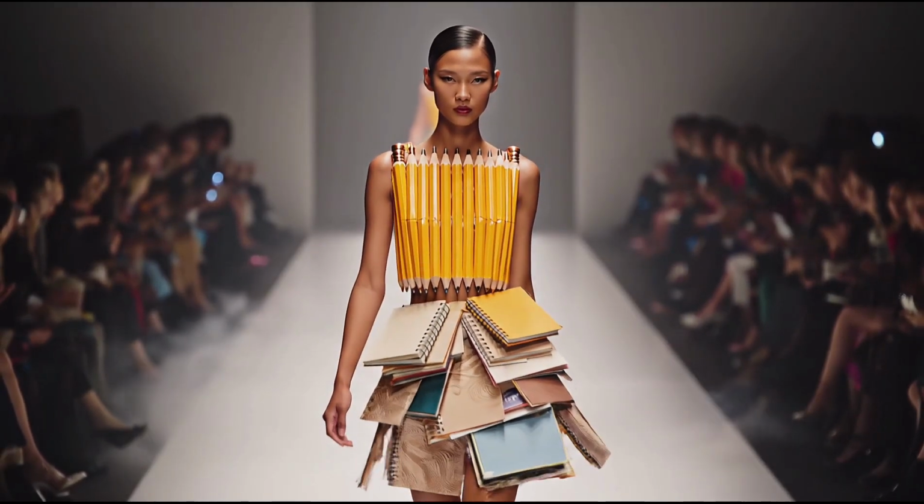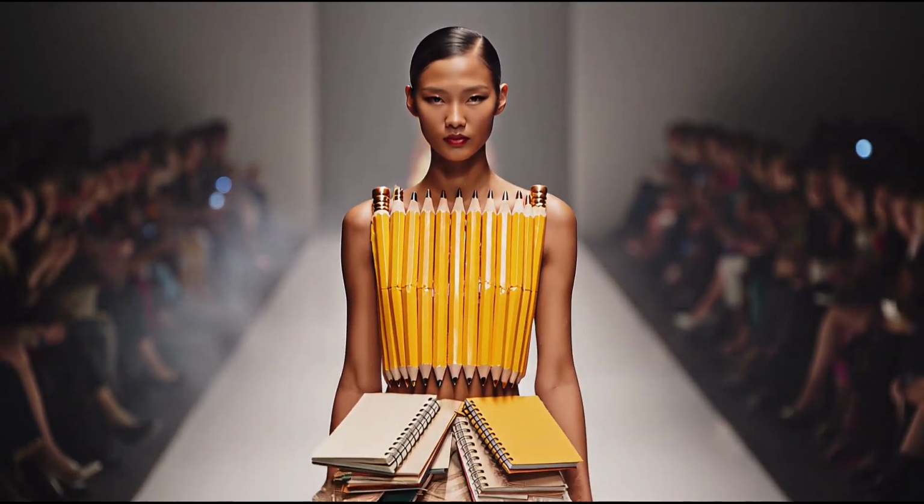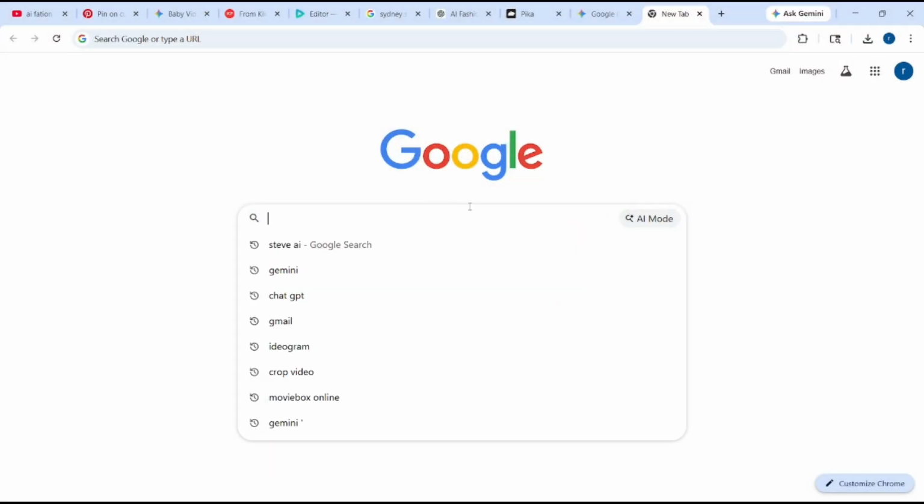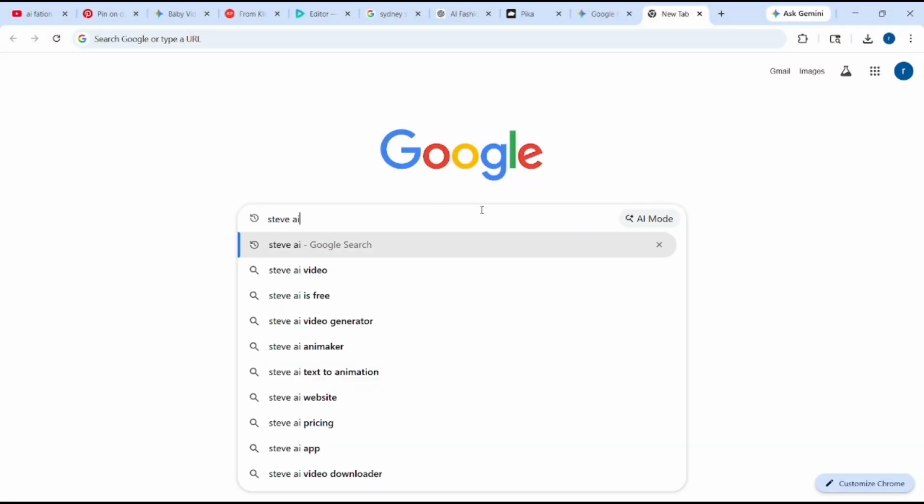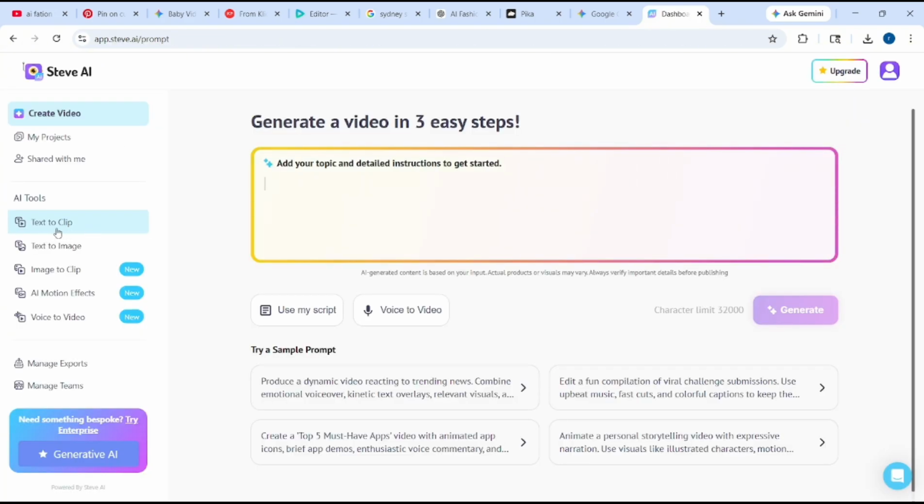High-end fashion videos don't need cameras, models, or editing software anymore. AI can create a full catwalk scene in seconds. Begin by opening your browser and searching for Steve AI, then access the tool and select the text-to-clip feature to